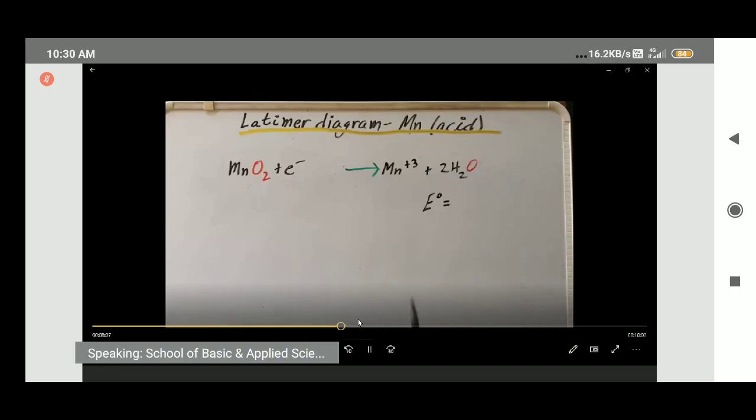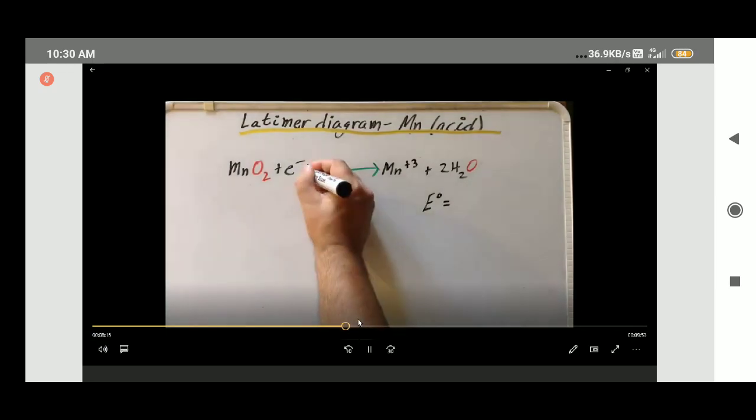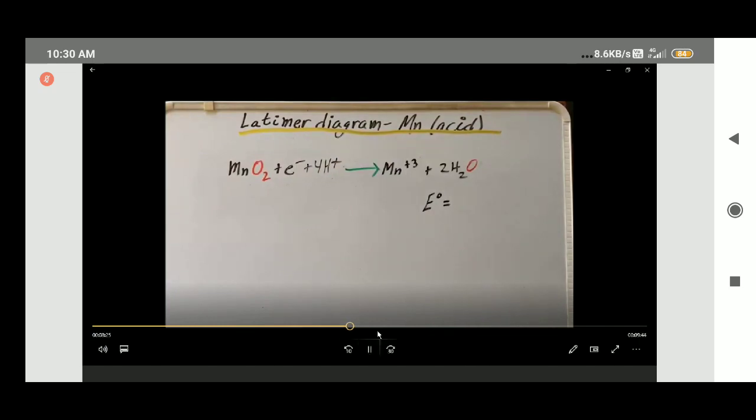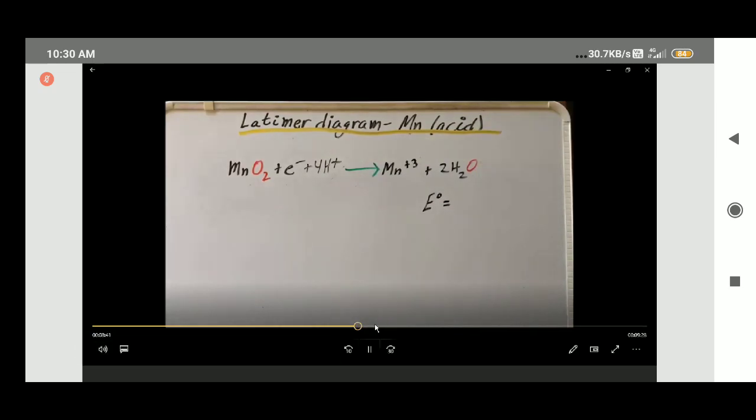To finish this off, you notice that we have 4 hydrogen atoms on the right-hand side and no hydrogen on the left-hand side. So we add them to the left in the form of H+. Oxygen and hydrogen atoms are all balanced, and we balanced the oxidation numbers. The last thing to double check is to make sure that our charge is balanced. We have a -1 and a +4, that's +3, and then we have a +3 on the right-hand side. So the charge is balanced. The standard reduction potential for this balanced half reaction is going to be